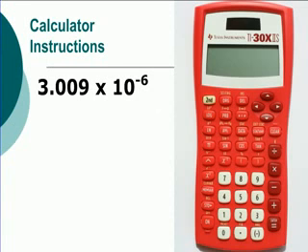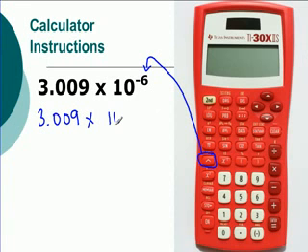When using your calculator, just remember that you want to use this button right here for the exponent. So this button is for this, so you would write it on your calculator, 3.009 times 10 caret -6. Here's your negative sign. Okay, and when you do that on your calculator, that means that it's going to go back 6 spaces. So go ahead on your calculator and hit 3.009 times 10 caret -6, and you should get